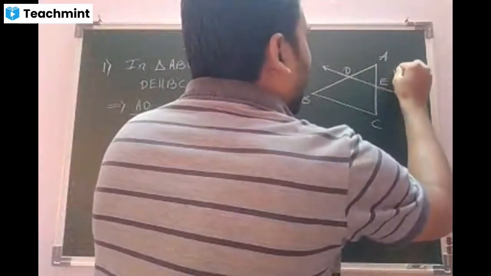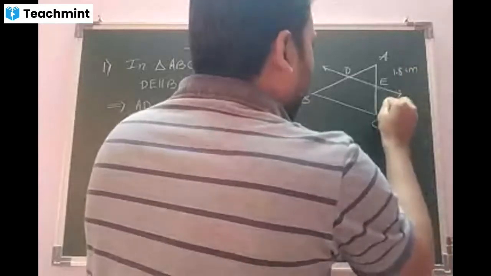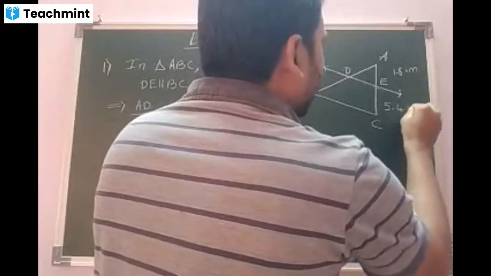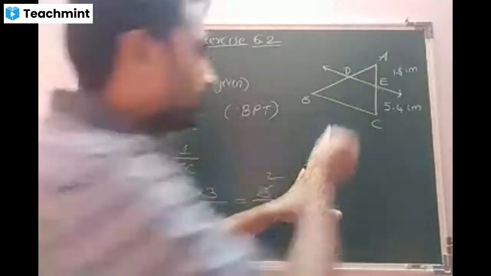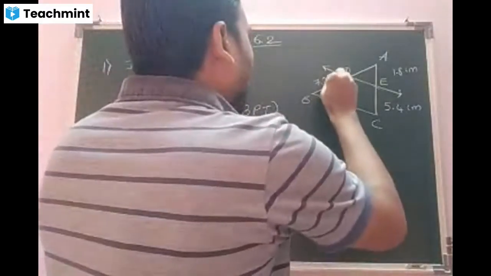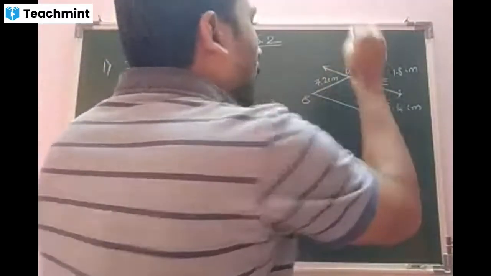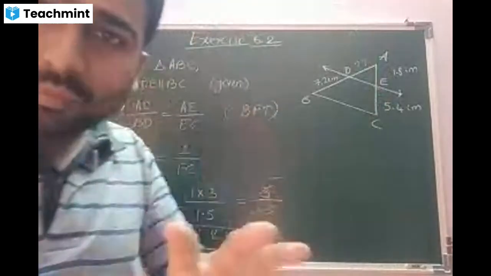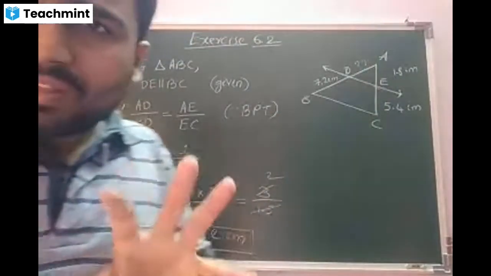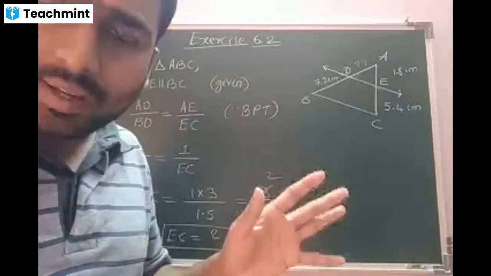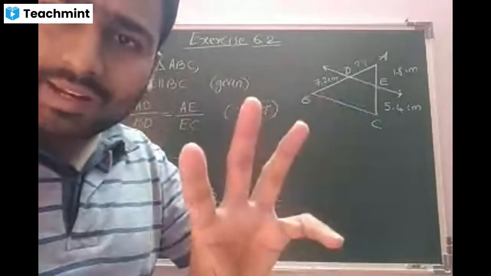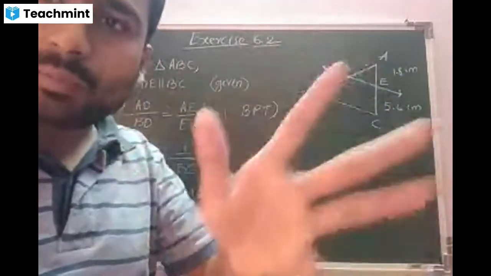Sir, yes, 2.4. Is it correct, beta? All of you check the answer? Yes, sir. Okay, students, look at the diagram. We will proceed with the answer. The second question is exactly similar to the first one. There is nothing great in that. Only the diagram, the direction of the triangle, is a little bit tilted.